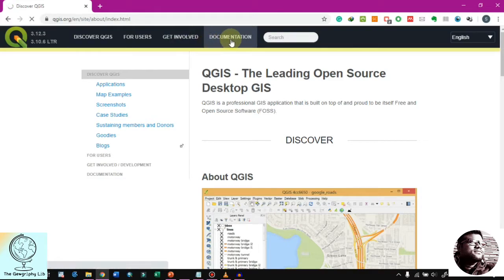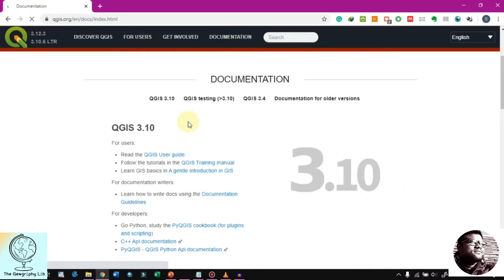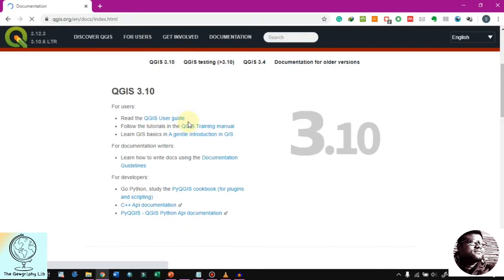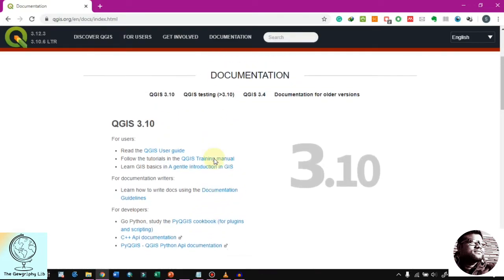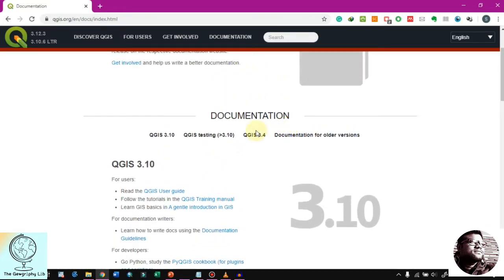The documentation section holds the basic and most advanced level training manual, user guide, and gentle introduction to GIS. All three are available here.